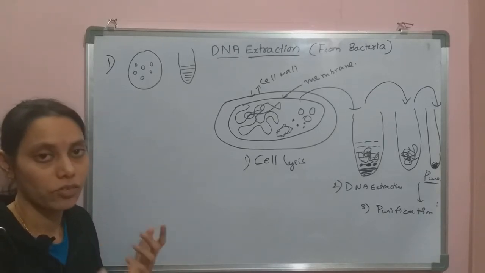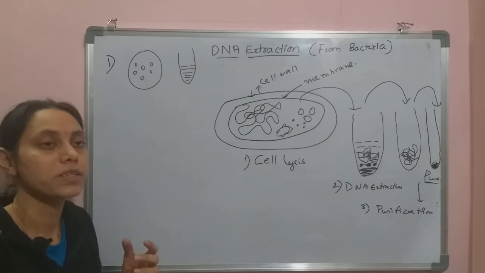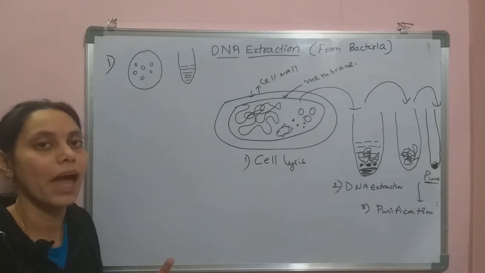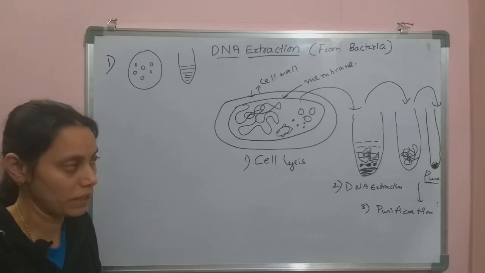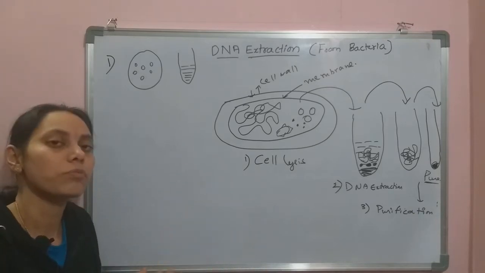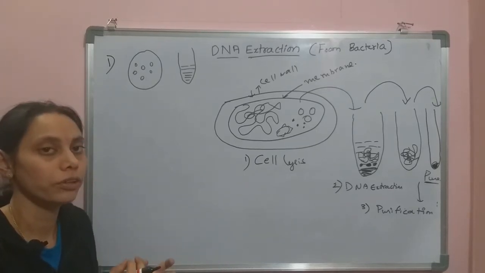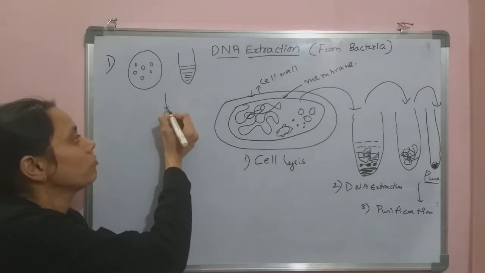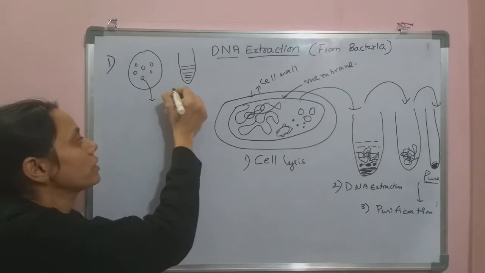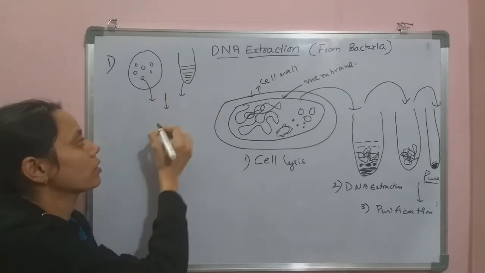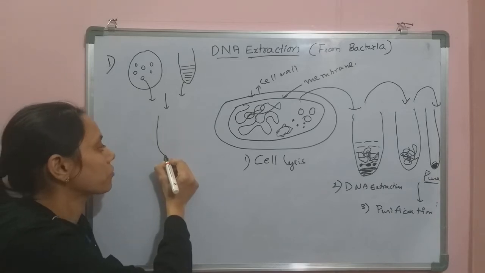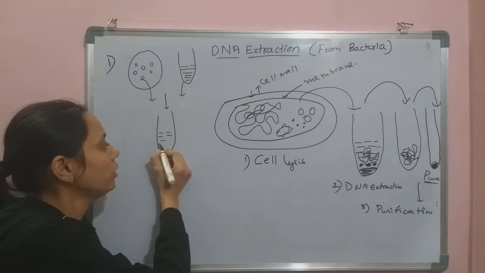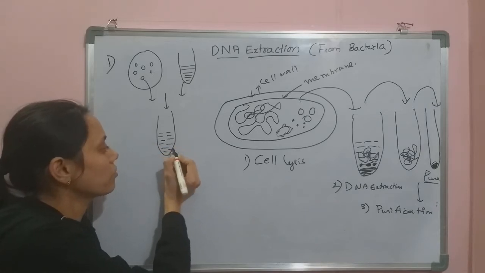We can take anything, but we cannot directly use this culture because the older cultures are rich in secondary metabolites. These secondary metabolites may inactivate many chemical reactions that are going to take place during this whole extraction process. So here we need to go for fresh cultures. We need to inoculate some of the colonies or cells into new, fresh culture media. We generally take liquid cultures only.